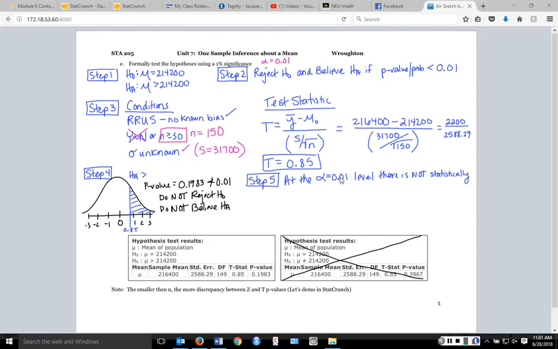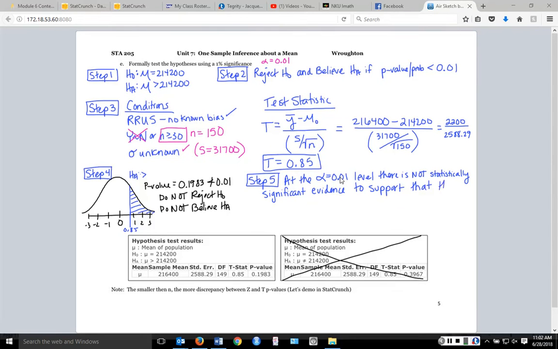So there is not statistically significant evidence to support. And then finally, the last part is the alternative hypothesis, but in words. So there is not evidence to support